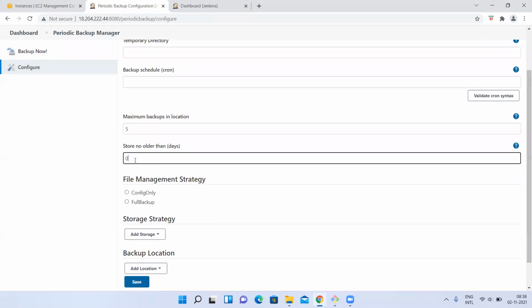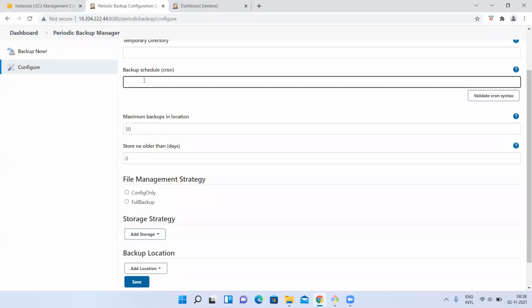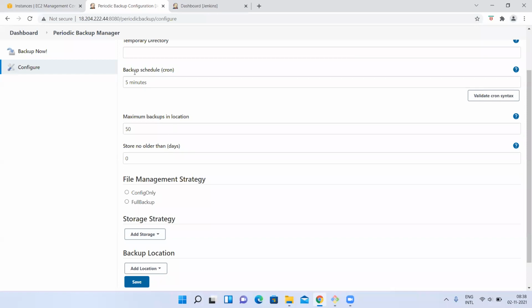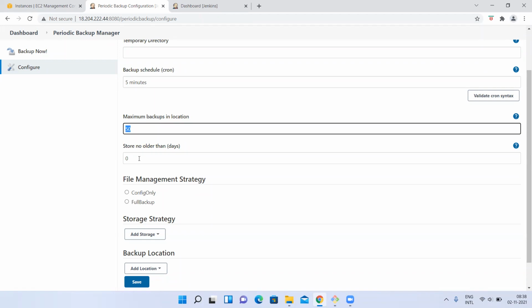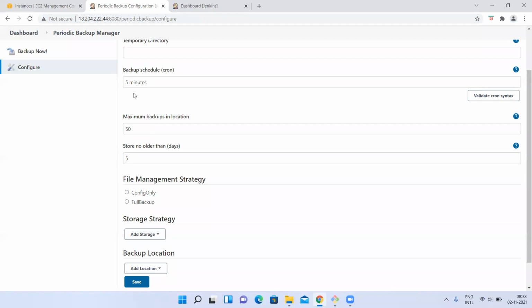And even if the backups are like, for example, I have given as 50 backups I want to take for every 5 minutes. For example, I'll write the cron for 5 minutes. 50 backups I want to take. But if I give here number of store no older than 5 days, means the maximum it can take is up to 50 backups.